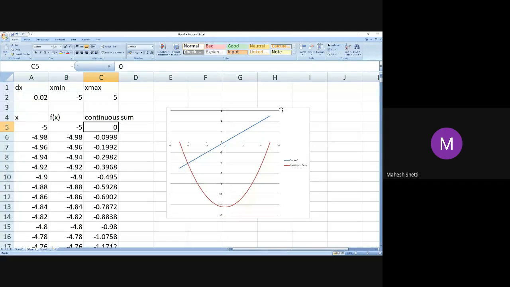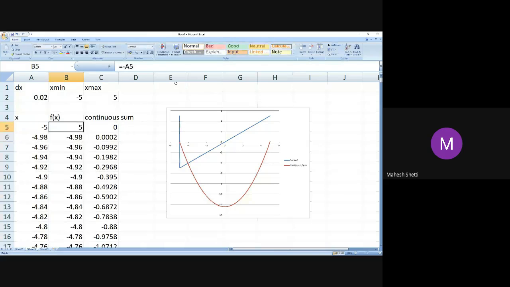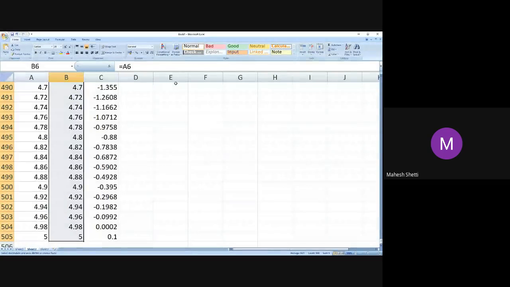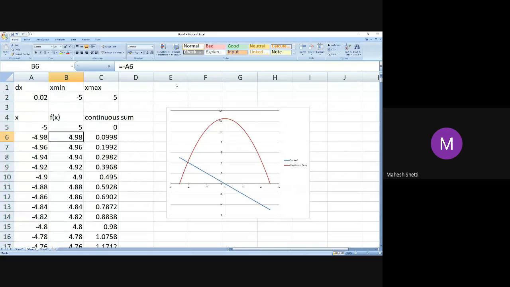If I take a straight line x, the functional nature is x square. If I had taken this as minus x, remember, minus x value, the functional nature would have been, what is the integral of minus x? Minus x square it will be. And you see the parabolic shape changes, it is minus x square, with a shift of origin. So my original function is now minus x, and the integration is minus x square, which is an inverted parabola.